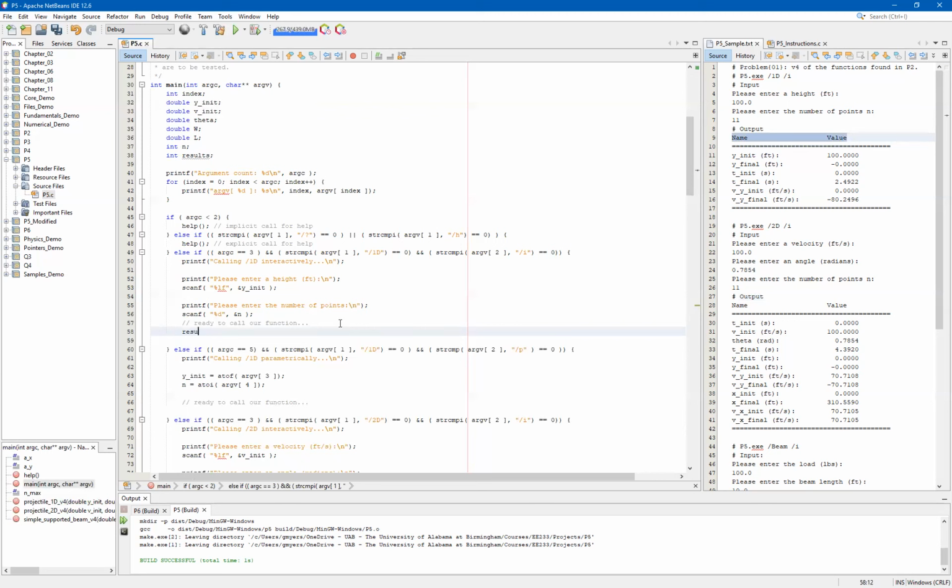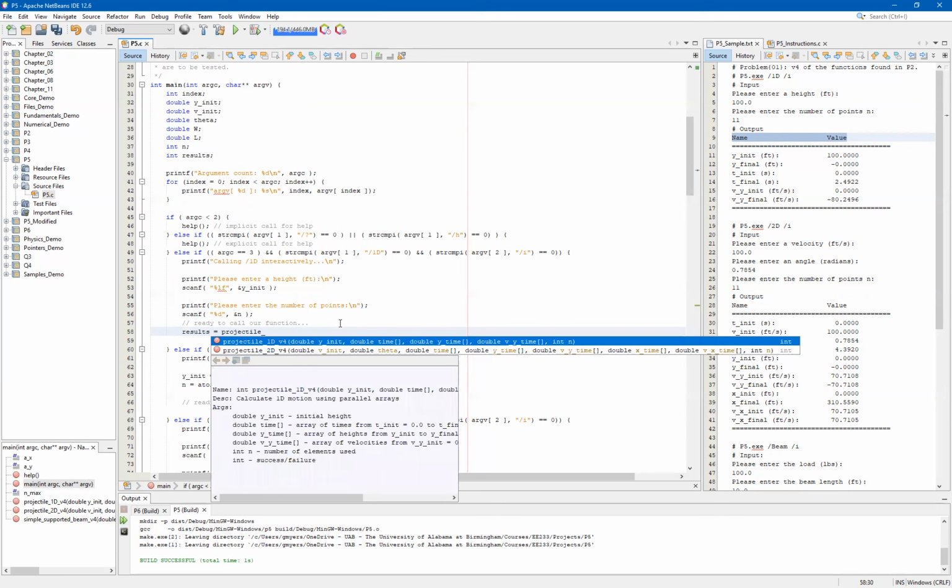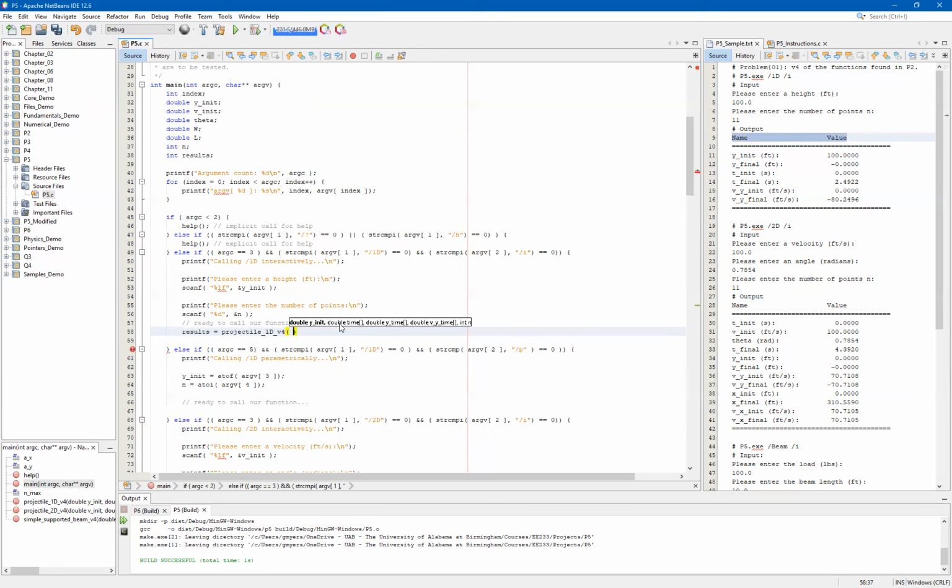And so to do that, we'll just leverage our results variable. We'll say results are equal to projectile 1D version 4. And we want to pass to it the y init. But now we also need to have the vectors associated with the time, the y time, and the Vy time. Now you'll notice that we haven't yet created these. We're going to go ahead and use the names that are suggested to us by the function signature,